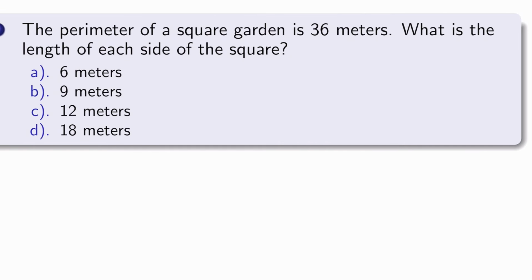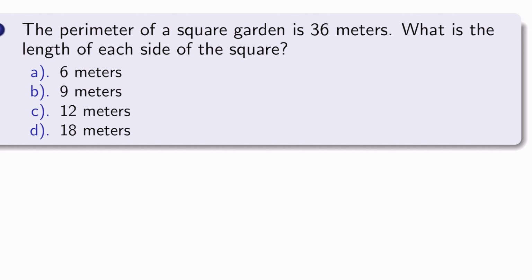Our next question is giving us the perimeter of a square garden is 36 meters. What is the length of each side of the square? Now, the first thing that you have to know is that a square has equal sides. That's, the length is the same as the width. All the 4 sides are equal, right? So now if the perimeter is 36,